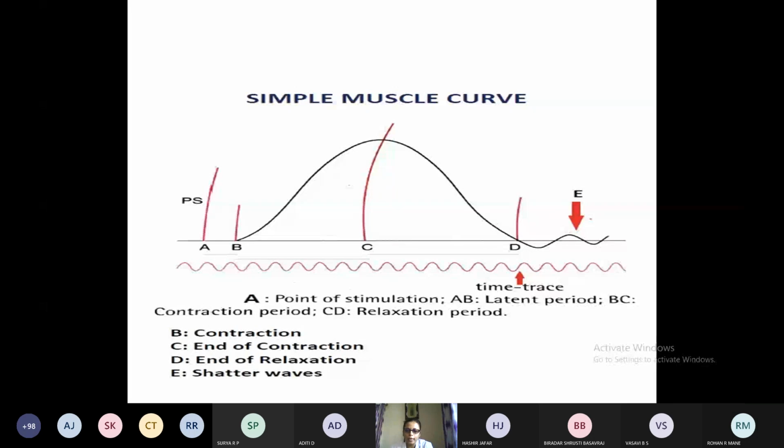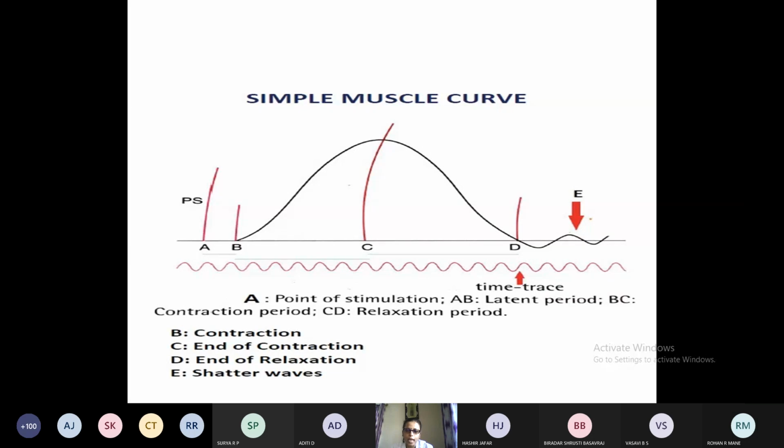In the frog, after the proper dissection, how it is derived, I will tell in brief. After the proper dissection of the frog, the gastrocnemius muscle along with the sciatic nerve is separated, and all these experiments are performed on that muscle nerve component. Which muscle is taken out? The gastrocnemius muscle along with the intact sciatic nerve. This comprises the motor nerve unit.